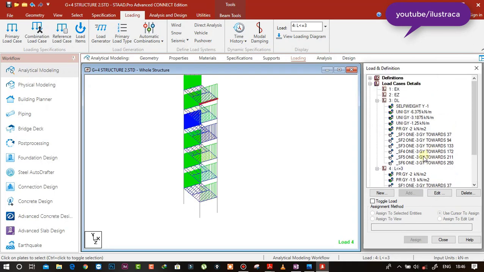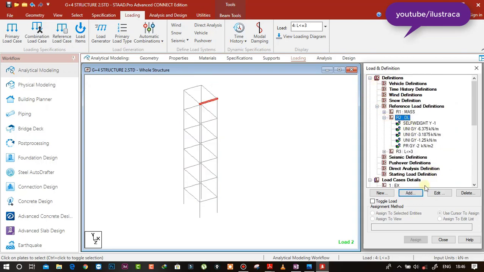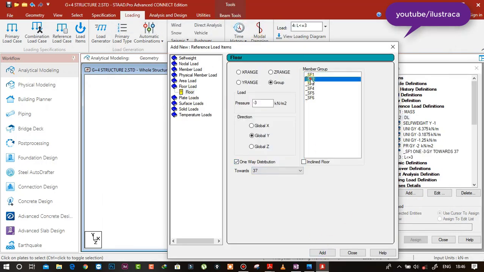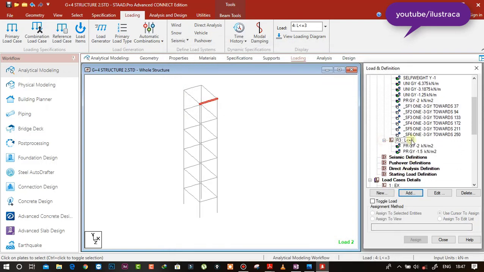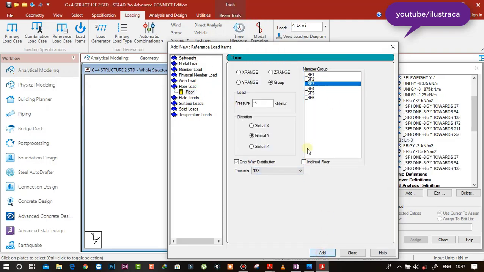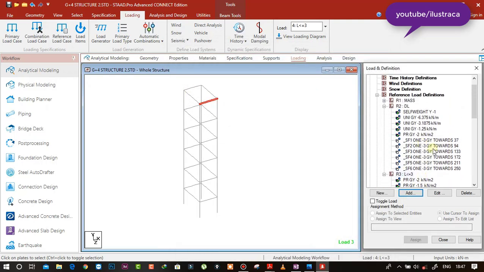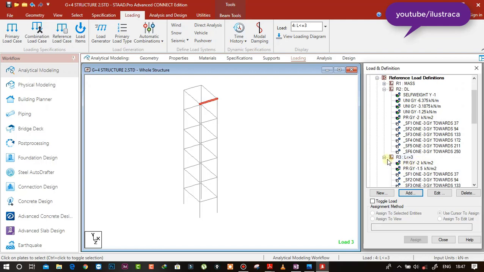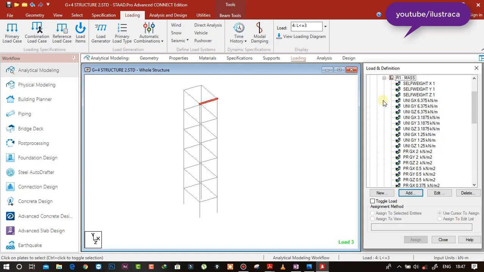Same thing I need to do in case of seismic weight also. So reference load, dead load, same process. And again for live load also. So we have defined the live loads and dead loads in the mass also. Now we need to define the dynamic mass, and it will be an absolute value in both the directions. Okay. So we have 3 kN of dead load and another 3 kN of live load.